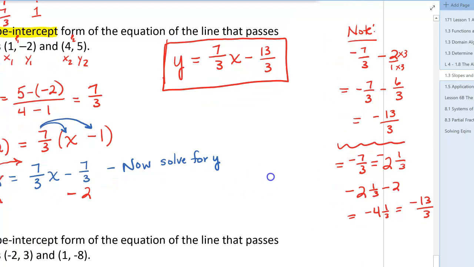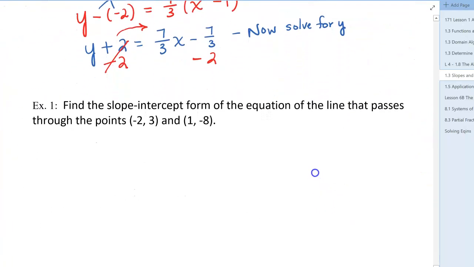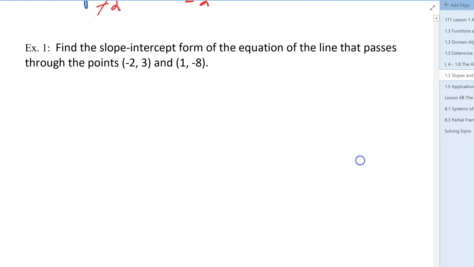All right, let's do one more together. Again, it's the same process. We're given 2 points. This time I'm going to call this point 1, and I'm going to call this point 2, just to show you that it doesn't really matter which one you call point 1 and point 2. Don't mean to confuse you. X sub 1, y sub 1 would be those coordinates, and this would be x sub 2, y sub 2. So remember, the first thing we're going to do is find the slope,